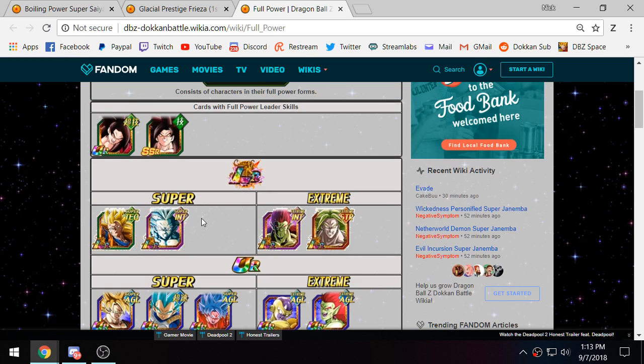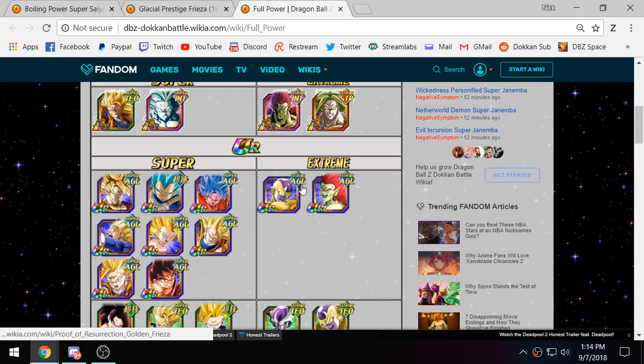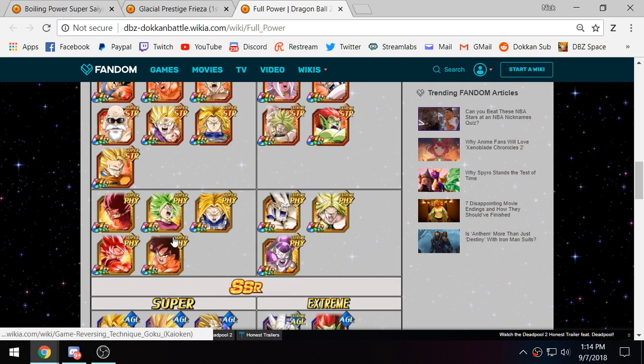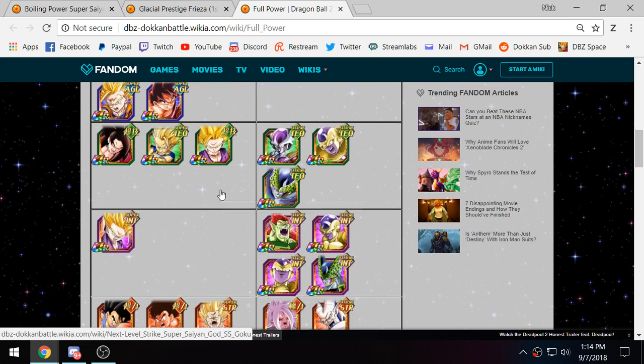And I don't really like it so much on this team, the Full Power team, because Ultra Full Power Super Saiyan 4 Goku also does not have Over in a Flash. You do have Physical Full Power Frieza. He's an Over in a Flash unit. Some of these Kaioken Gokus do have it, like the Super Saiyan Kaioken Goku and the Super Saiyan Blue Kaioken Goku. The only thing is,